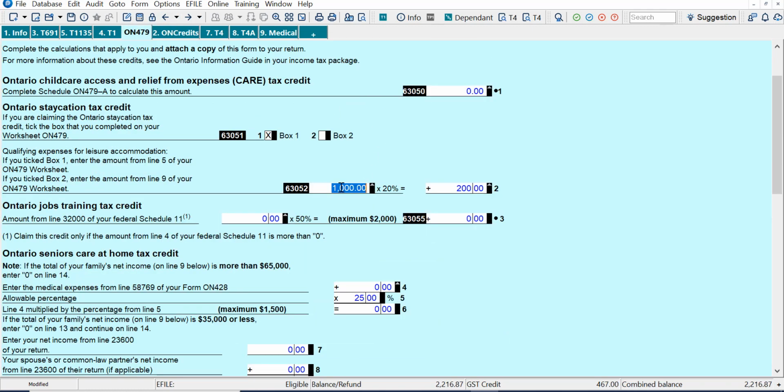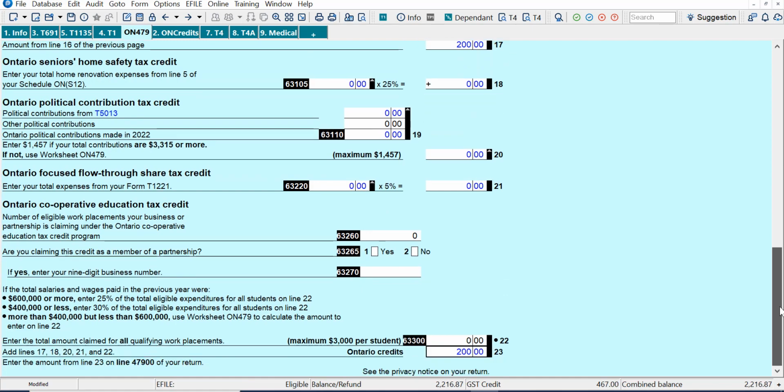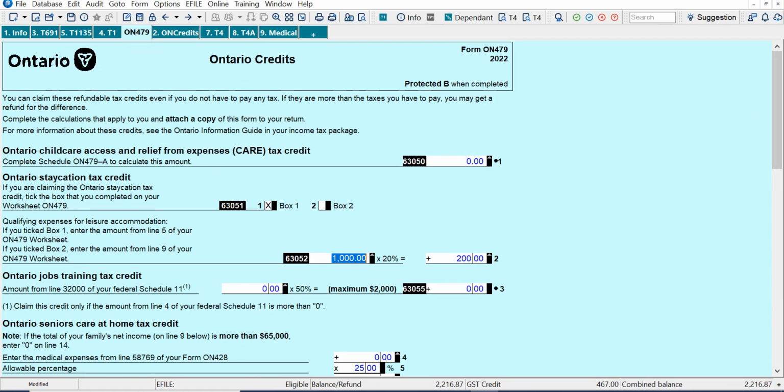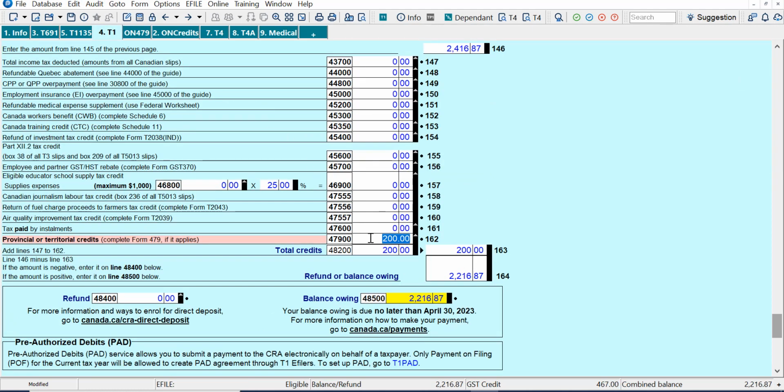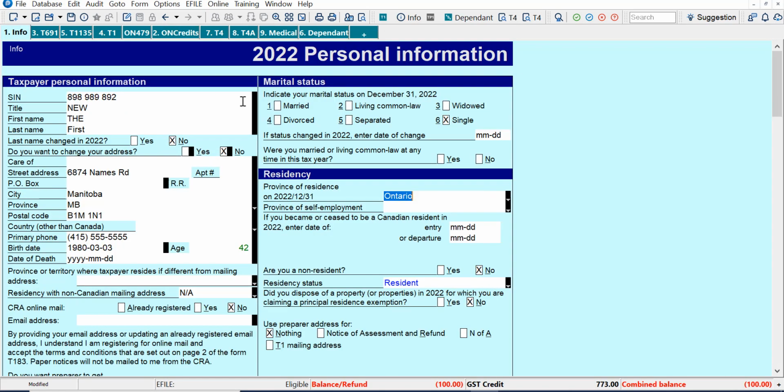Back on the Ontario 479, again, this box is multiplied by 20%. It's added to any other Ontario credits on Ontario 479, and then it's posted over to 47900 on the T1 jacket. And that's the credit. Just to show a calculation using box two, what I did was I made this person